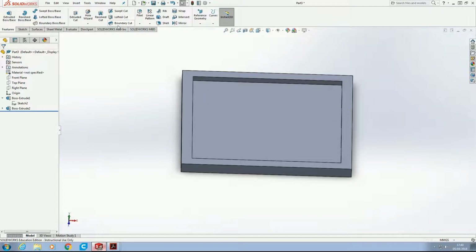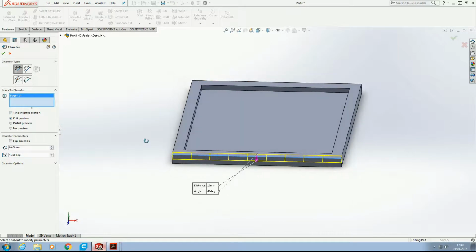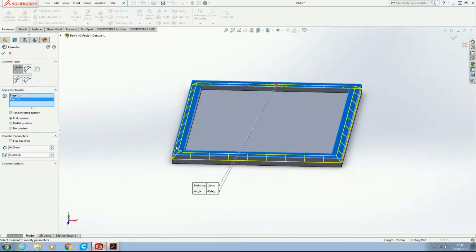Now just to make it look pretty, I think that's going to need a nice chamfer maybe, or a fillet. I'm going to stick with chamfer around the edge. So what we'll do is just to make sure I click all the outside edges, or the top face, because that works quite well. Brilliant. And then